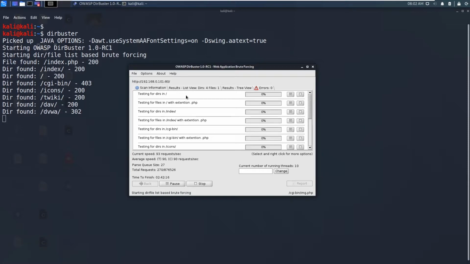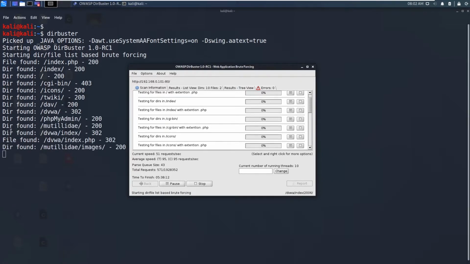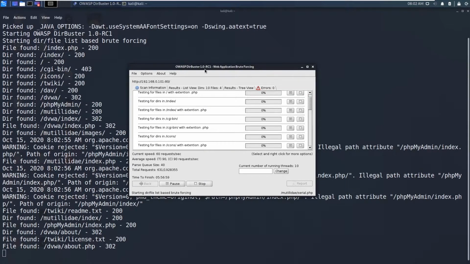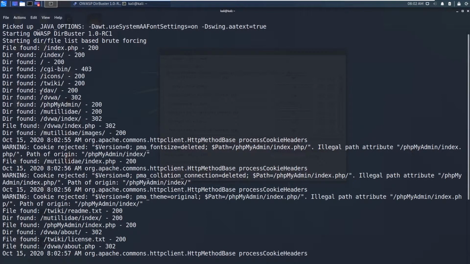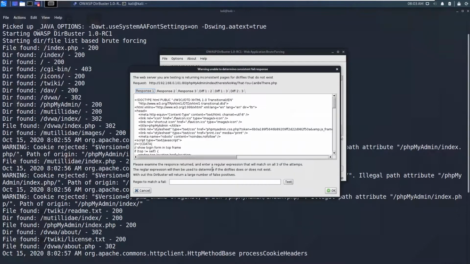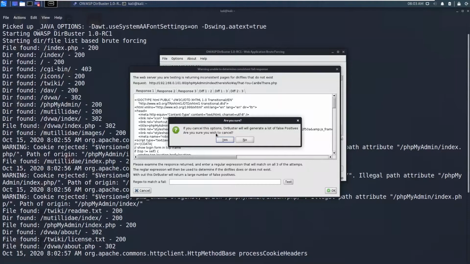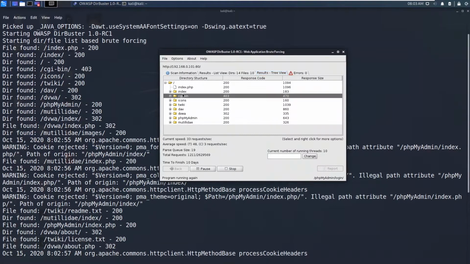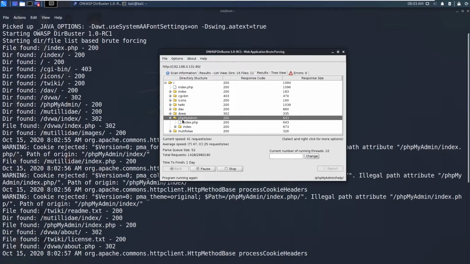Now here you can see the process going on. You can see the command line interface says directory found, but here there is a tree view of all these indexes. So these are the indexes, and it runs phpMyAdmin, which comes with XAMPP.